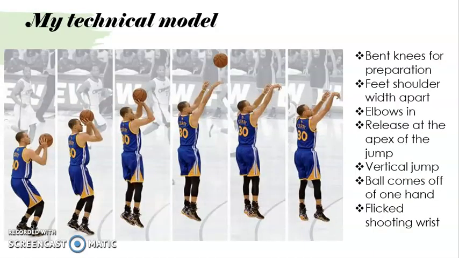We are looking at a jump shot in basketball for a technical model. It is a basic shooting technique in which a player throws the ball towards the basket from a straight vertical jump. The jump shot is done with one hand, where the second hand holds the ball in place until the shot is taken. The jump can be made from movement, for example while dribbling, as well as from a standing